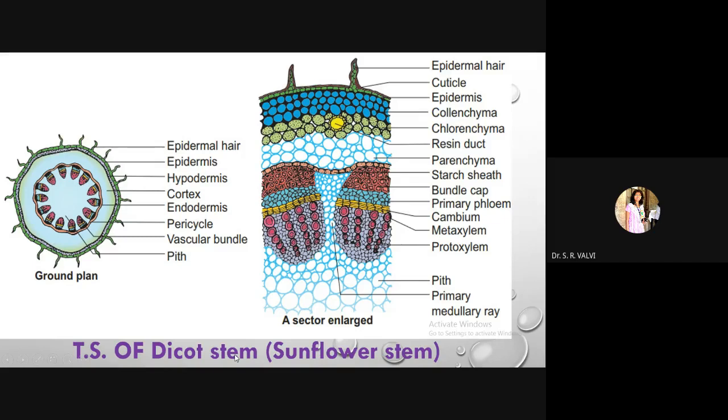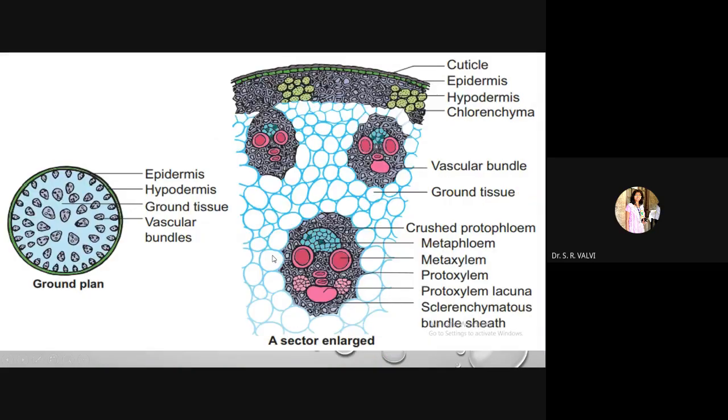Please do remember, because cambium is present, here we have intrafascicular cambium and interfascicular cambium. Intra means the cambium which is present within the vascular bundle, and inter is the cambium present in between the vascular bundles. So the intrafascicular and interfascicular cambium ring is present, which holds these vascular bundles together. Now we come towards the next part.